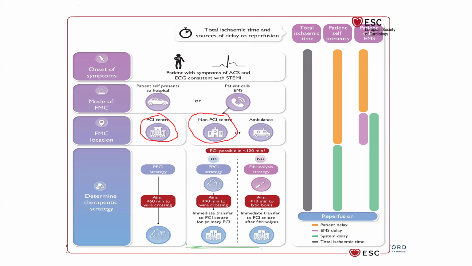If your facility cannot do PCI, you ask yourself, which facility can do PCI? And facility B, how far away is that facility? If it's within 120 minutes, you want to refer the patient for primary PCI. And for that one, your door to needle, we are looking at a maximum of 90 minutes. Now, if the facility that can do PCI is not within 120 minutes, then you have to thrombolyze the patient, if there's no contraindication, and refer the patient for rescue PCI. So this is a general overview before we go to the guidelines.